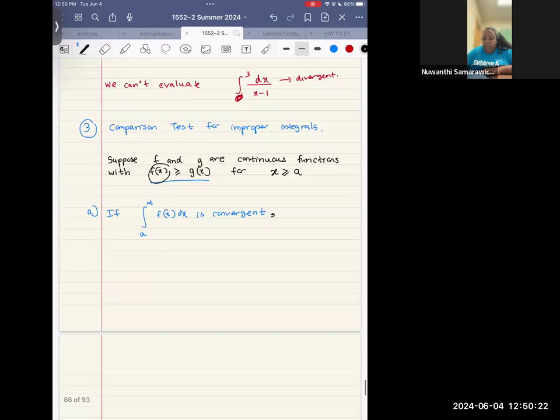without finding the integration of g of x, we can straight away say that the integral from a to infinity of g of x dx is convergent by the comparison test here. Okay, and B,